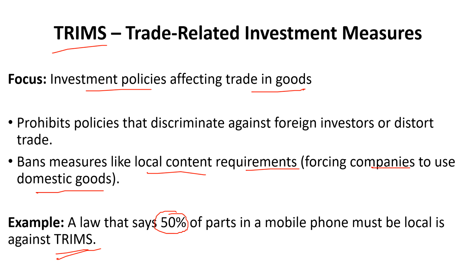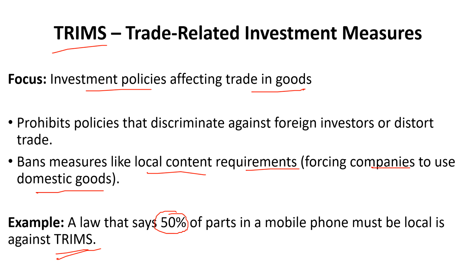It will not give you the restrictions to use only local products. It is giving you the benefits of using 100% import and export of goods to manufacture the mobile phone. Understanding? So it is basically reducing the barriers and the discrimination in the free flow of investment. Understanding? So just remember TRIPS and TRIMS: one is focusing on intellectual property and the second is focusing on investment measures. This is the difference between the two, TRIPS and TRIMS.